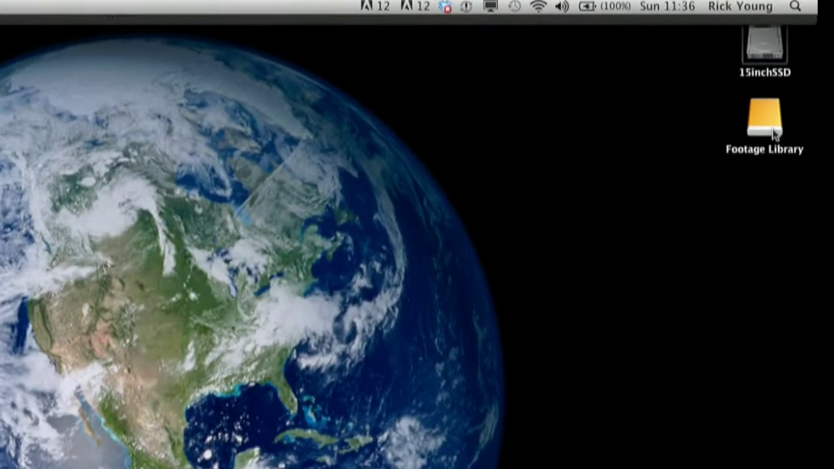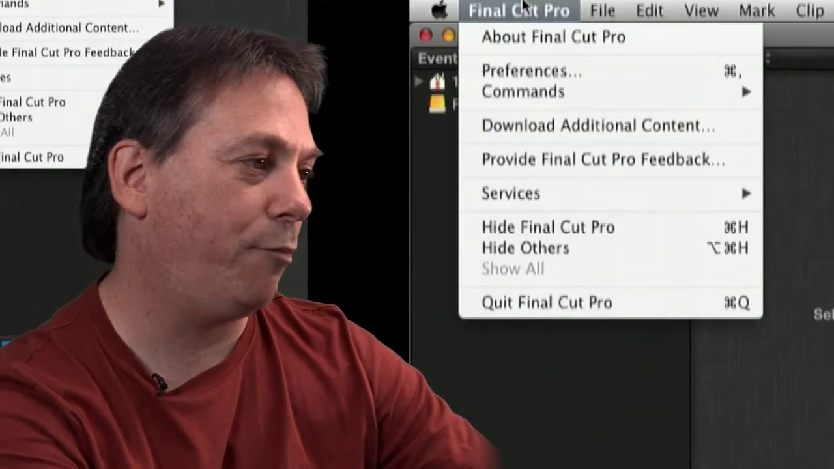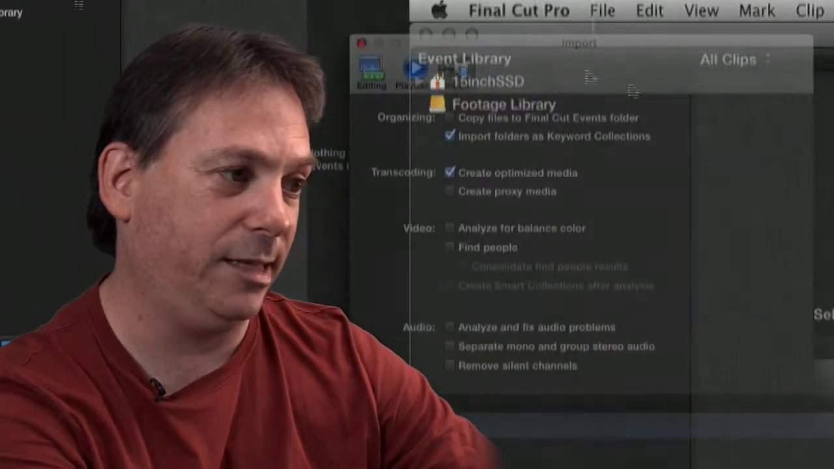That's basically the hard drive which I'm going to be working from. That's what will contain my media. If I bring in any media, I'll store it on that hard drive, and that's the drive I want to work with. Okay, so dealing with preferences, go to the Final Cut Pro menu and choose Preferences, and you'll get